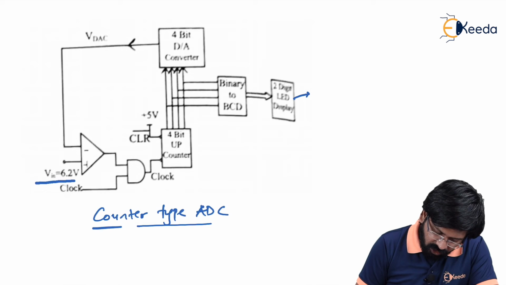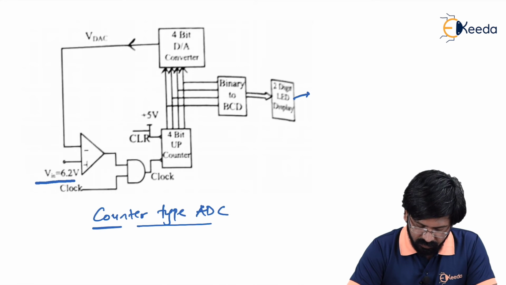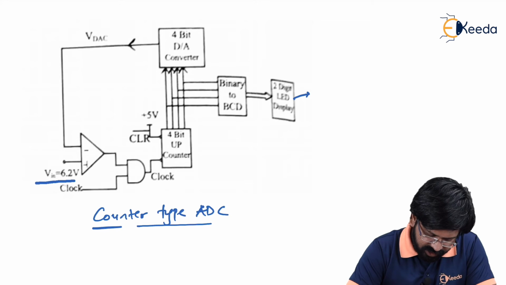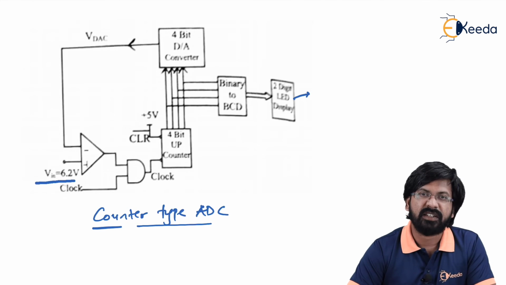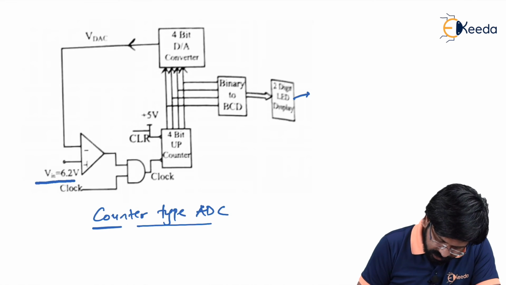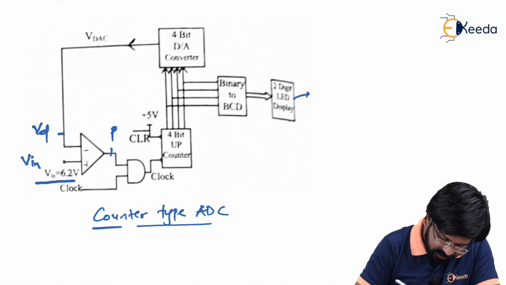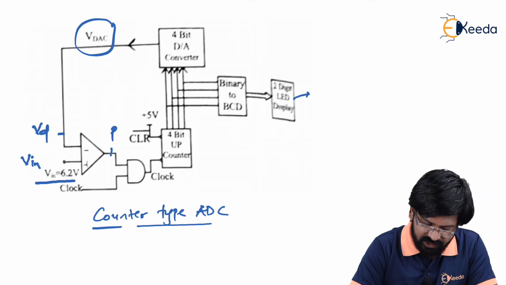And as you can see, the whole arrangement is quite similar to the counter type ADC that we have already seen, with some minor changes here, but it doesn't matter. The working of the previous diagram and this diagram is exactly the same. There is absolutely no difference, fine. So as you can see here, we used to consider this output as 5, we used to call this VD, we used to call this Vin, which is now also indicated as Vin. This VD is just a notation change, that is VDAC, the output of DAC. Is that right?